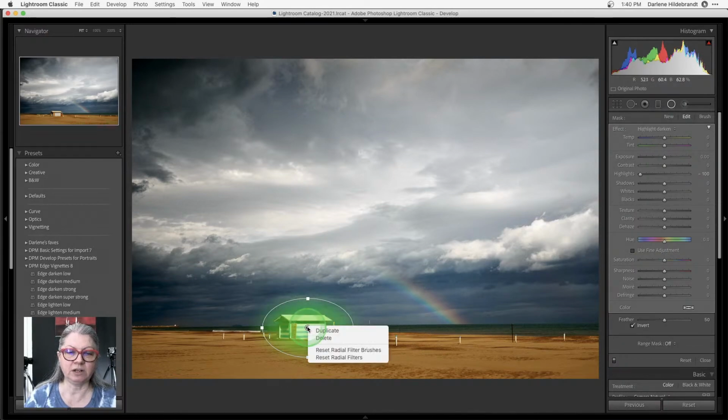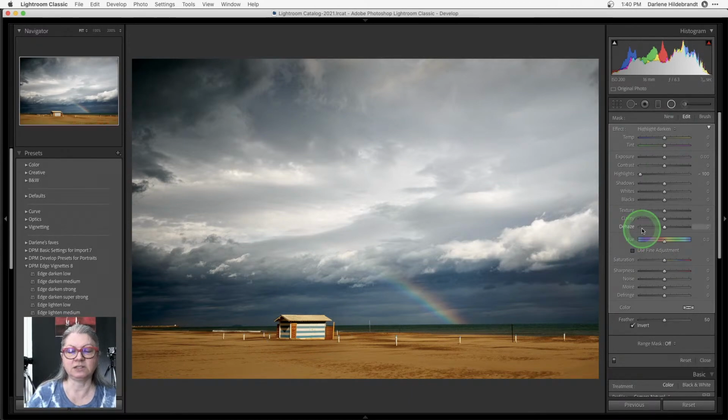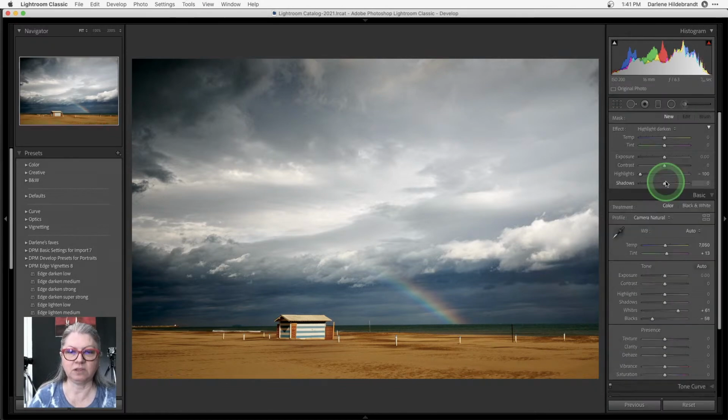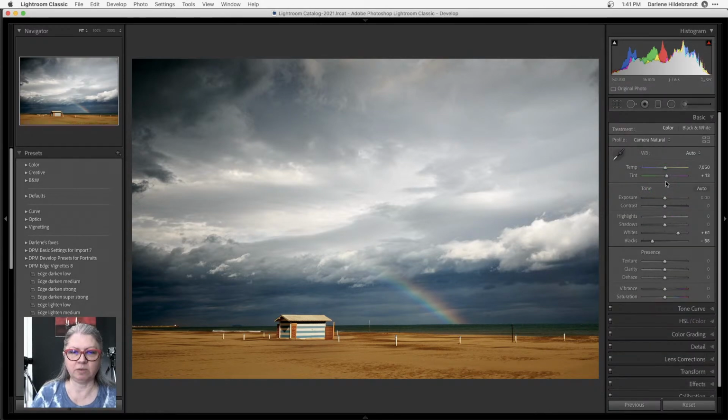I'm just going to right click on the dot and do duplicate. Now it's done a second one, and you can see what that's doing, it's lowering that hut. I might even lower the contrast of it a little bit, and possibly even the saturation, because I want the sky to be a bit more powerful than the hut. So let's do another before and after.